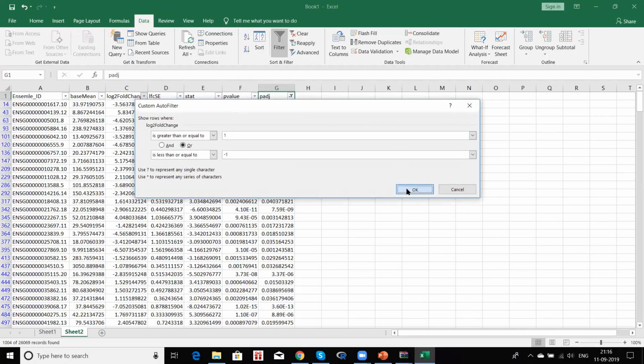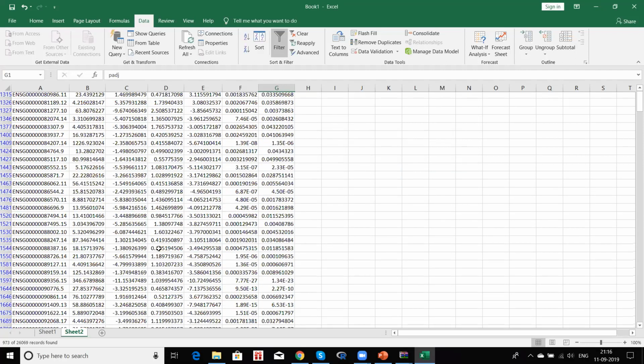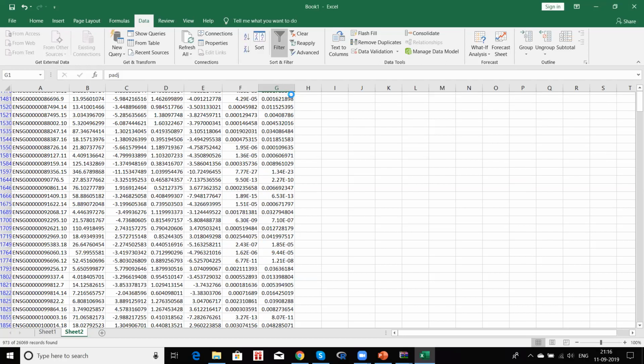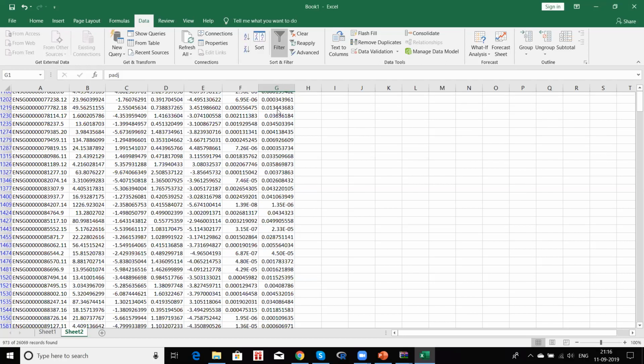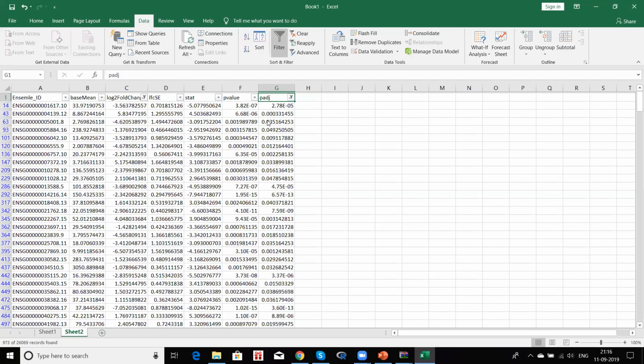Once we have done that, click on OK. So now many other genes vanish as well. So we have a very small amount left right now. Now what this p-adjusted value does is, p-adjusted value also says that if you remember, we had two different